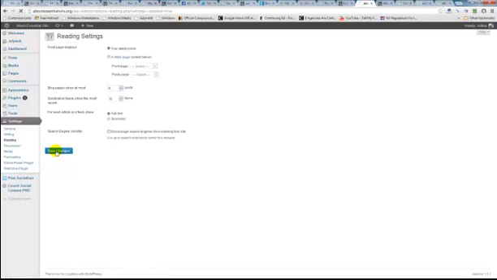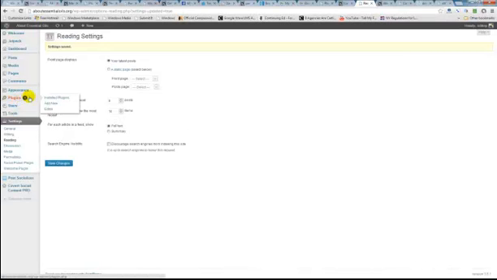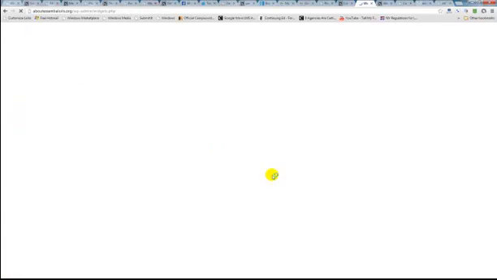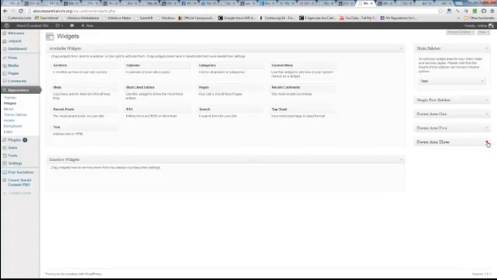And then I forgot to do one thing. I forgot to do the last widget. So we have to go back to our widgets, and we have to install our footer area 3. We want to put recent posts. There we go. Let's save it. Close it. And you can set the number of posts to show. 5 is a good number. And we don't want to put the date because it's not so important for essential oils what the date is. And now it's done. So now if we look at it again,